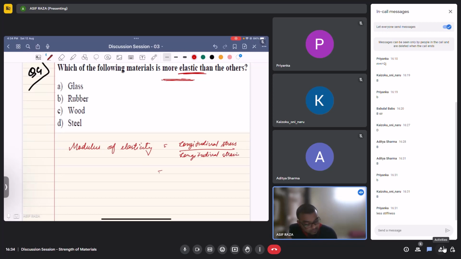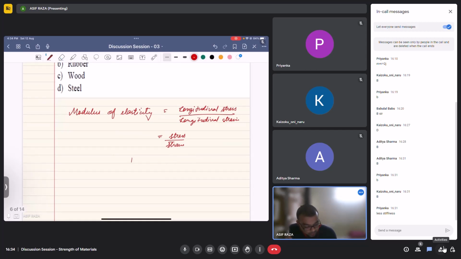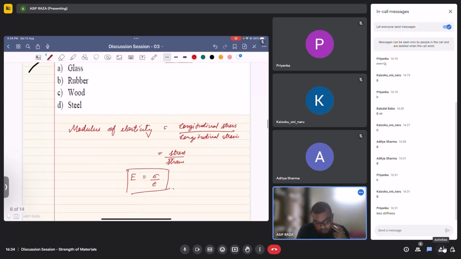Or just simply stress upon strain, if you do not know. So this is given by what? E upon sigma epsilon, right? This is something you must be knowing. Okay. Now,